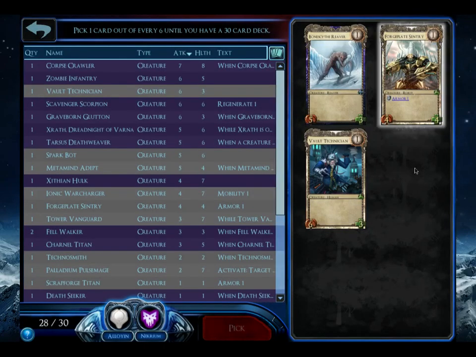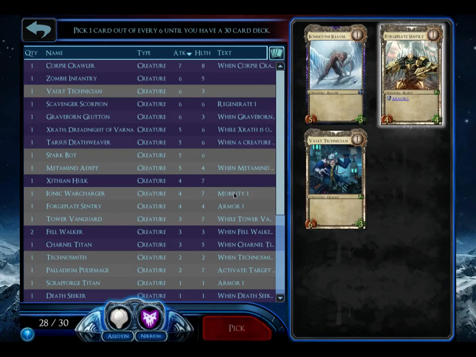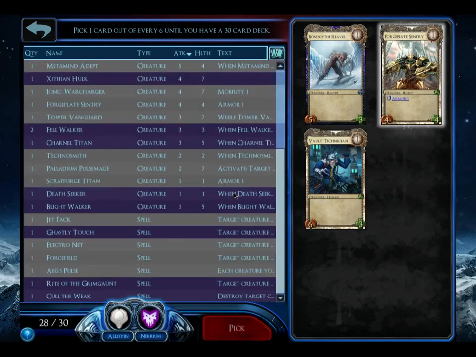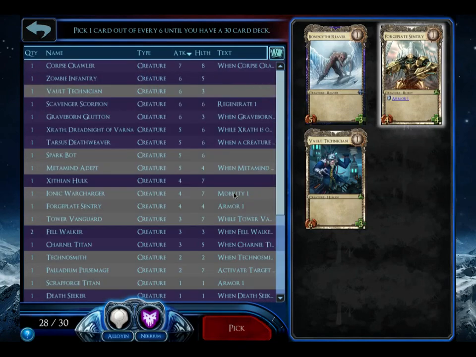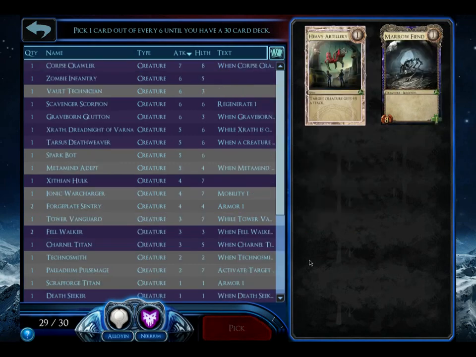Oh, and I can't believe that a Forge Plate Sentry is available this late in the pack. A second Forge Plate Sentry really makes this deck. It gives me 2 Forge Plate Sentries, an Ionic Warcharger, and a Scrapforge Titan, which is 4 beefy robots late game. Very happy to see that. And we're going to end with the Morrowfiend, which is just a great blocker mid game for